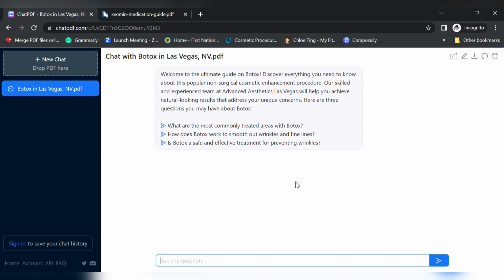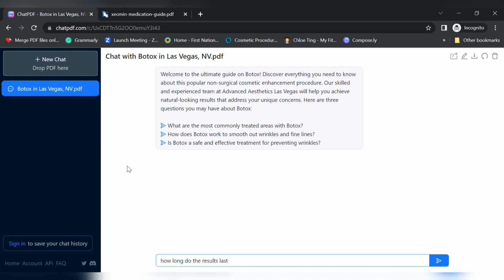So the three questions that it's given is basically a way for you to find out new information from the PDF. What we're going to do here is we are going to ask it a question. You can pretty much ask it anything you'd like, given the information is in the PDF. Now, of course, the larger the PDF, the more information it will have. I know that this PDF, this file has this information in it, so I'm asking how long do the results